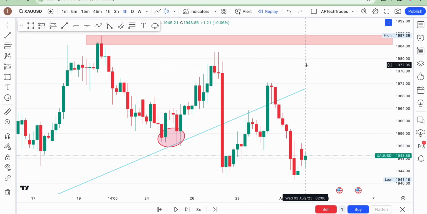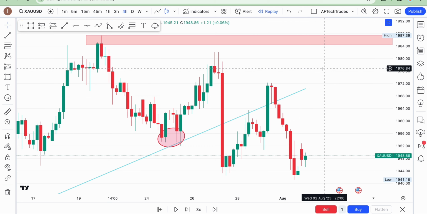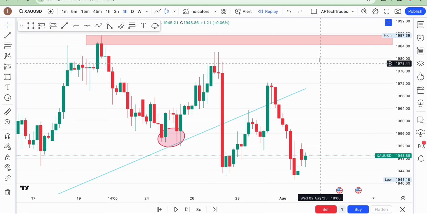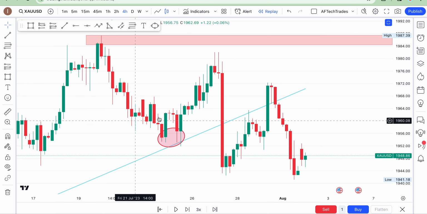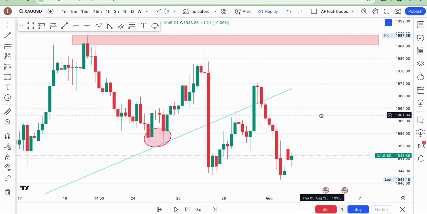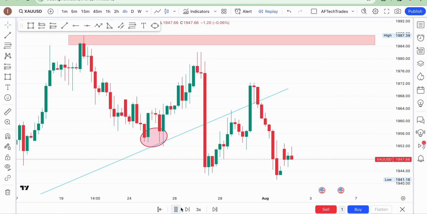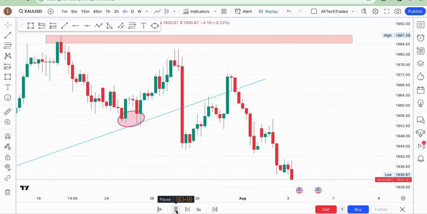So once you mark out your zones, you go down to a lower time frame, because currently we are in the 4 hours time frame. So you can go back to a lower time frame to look for your perfect entry positions. So you mark out your zones and we'll be waiting for opportunity to enter the market.